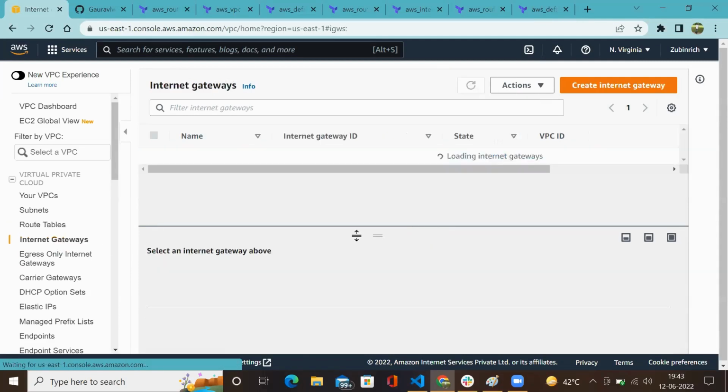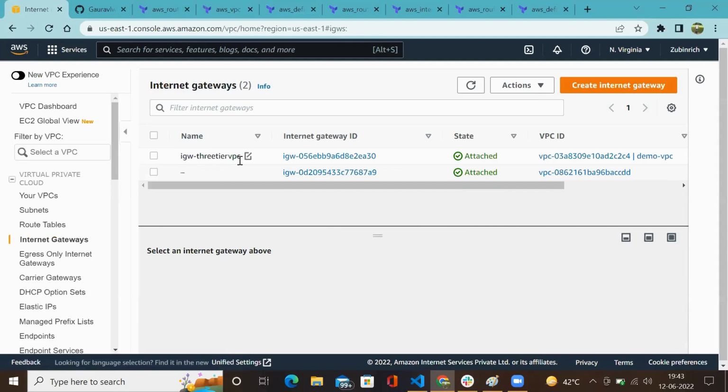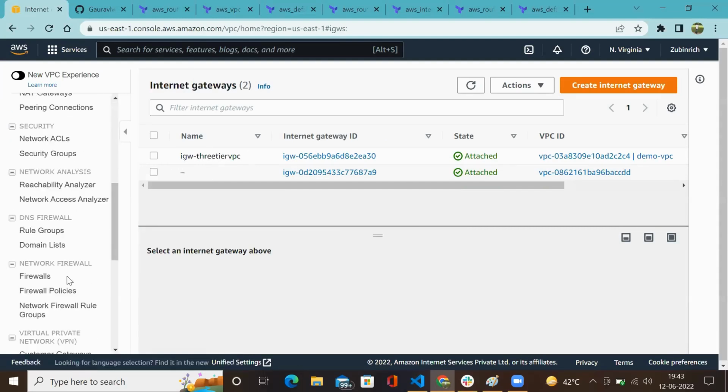Internet gateway, that we have already checked in our route, but again you can see. Okay,